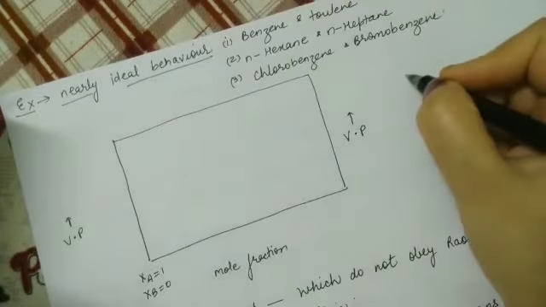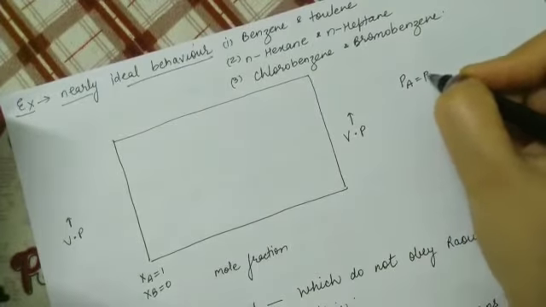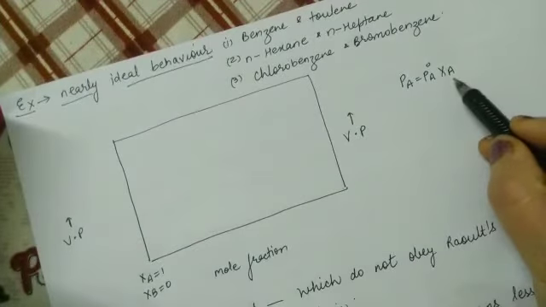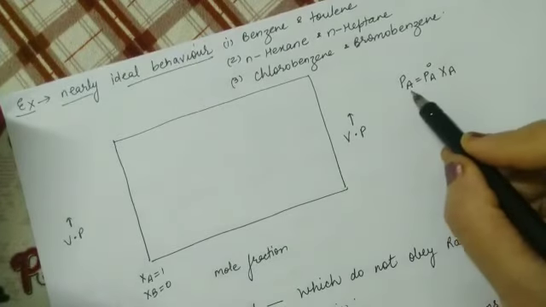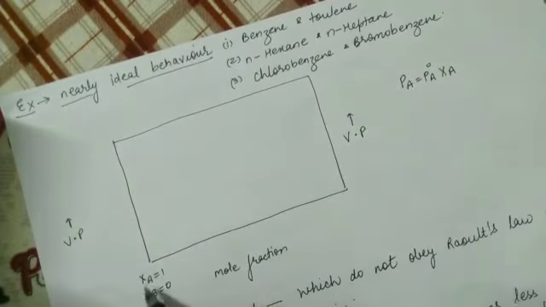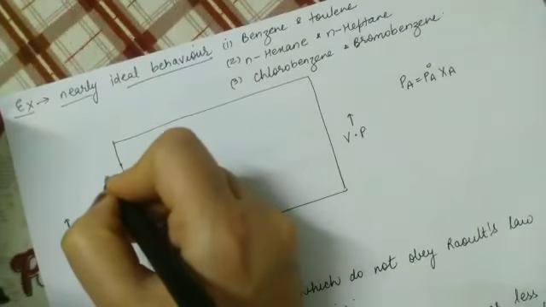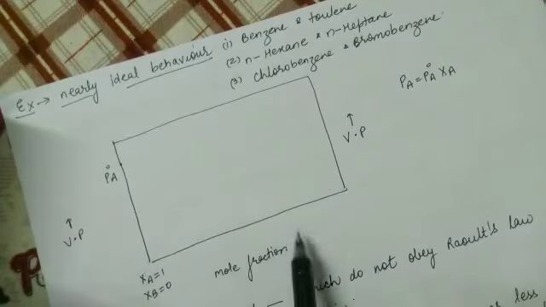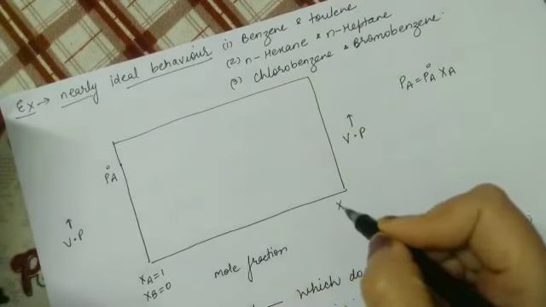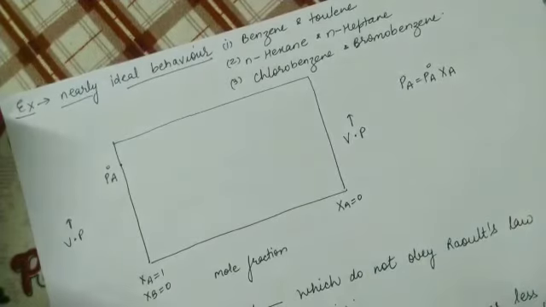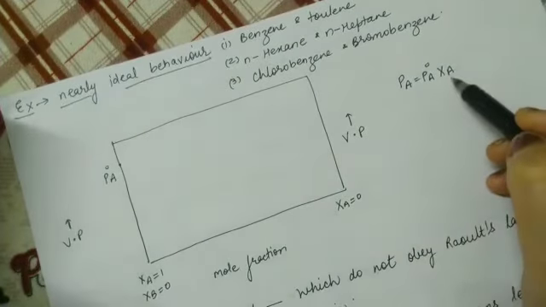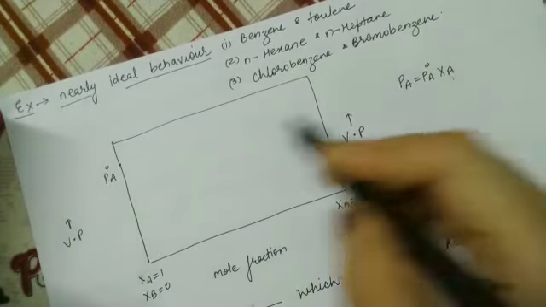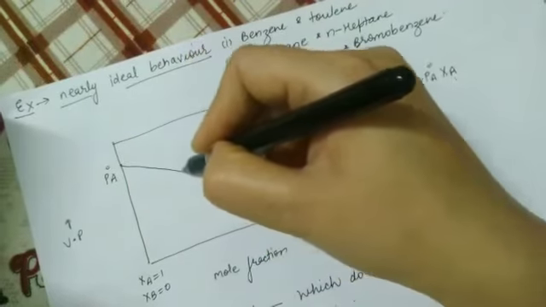Now we'll apply the formula for Raoult's law, that is PA is equal to P naught A XA. So if XA is 1, that only component A is present. Partial vapor pressure PA would be equal to P naught A. So if XA is 1, vapor pressure is having the maximum value, that is P naught A. Now as we move from here to here, XA here it is 1 and suppose XA here it is 0. Now XA is decreasing. So if XA is decreasing, P naught A is having a constant value. So if XA is decreasing, PA will also decrease. So suppose this is the graph.